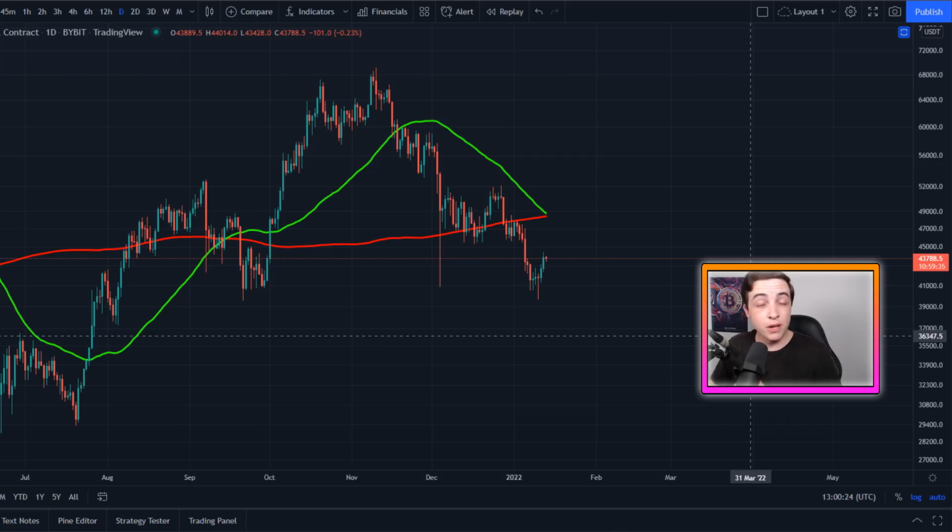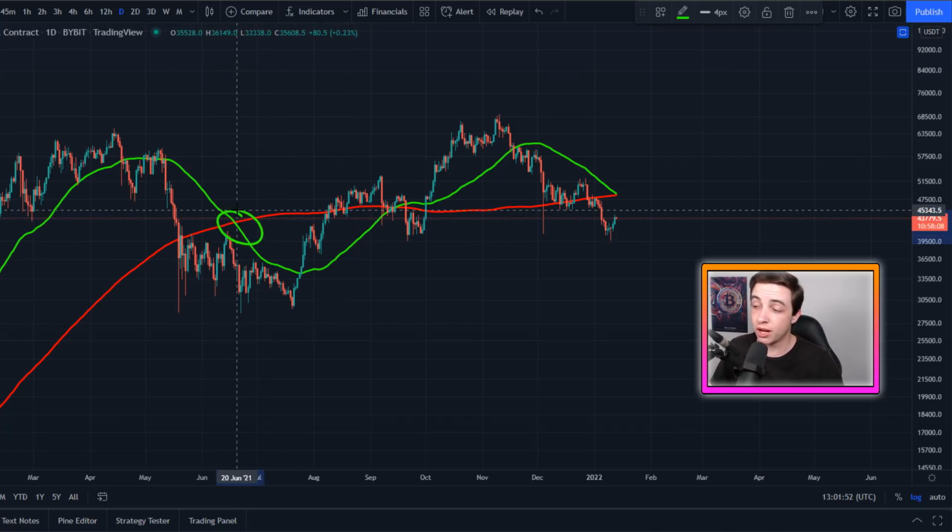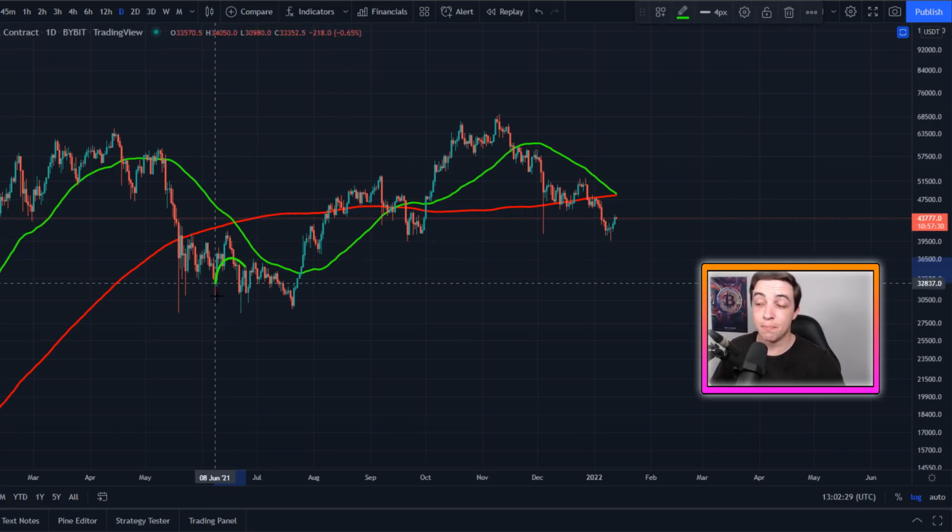But keep in mind, because these are moving averages, that is a lagging indicator. And so especially over the past couple years, these golden crosses and death crosses have actually been very inaccurate. In fact, taking a look at the last death cross that we saw for Bitcoin, that was back in June 2021. And so technically speaking, in theory, that is meant to be bearish for the Bitcoin price. But if you're looking at when that actually happened, that death cross almost happened at the exact bottom for Bitcoin.